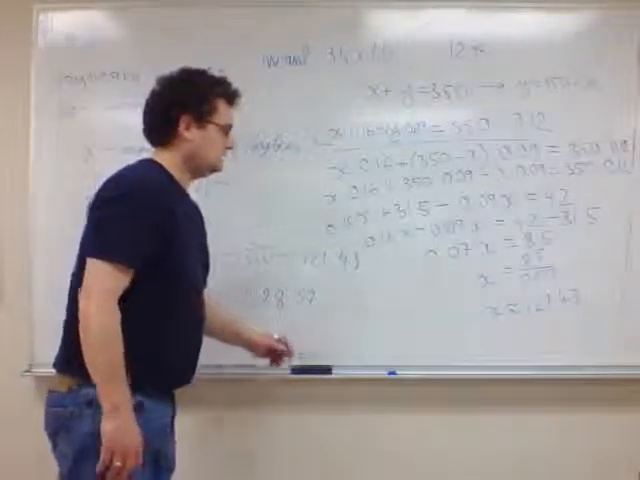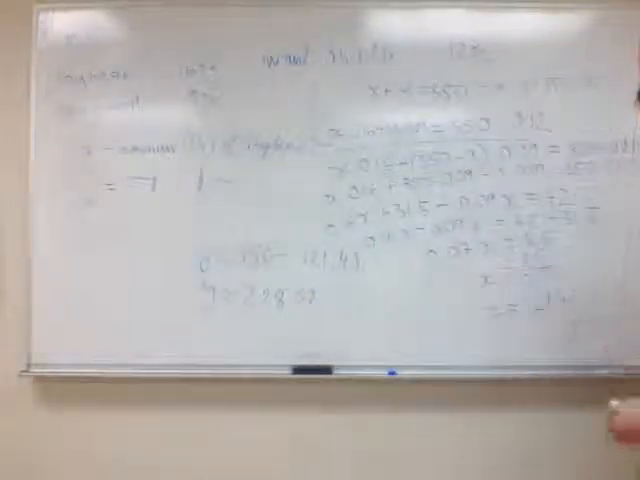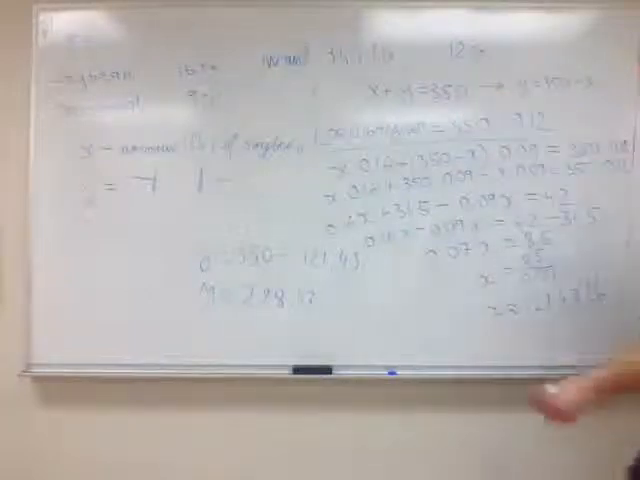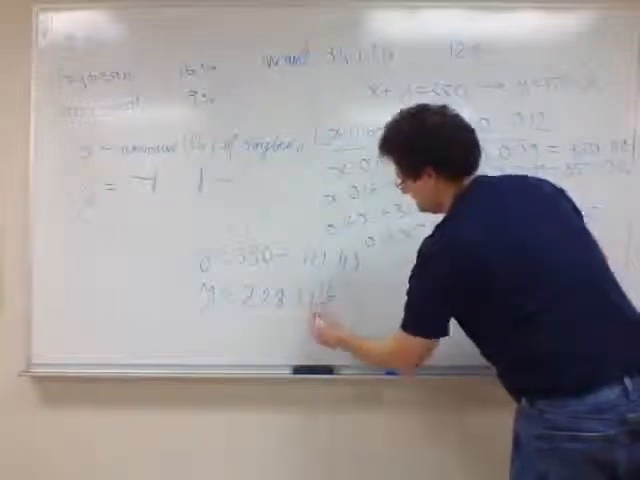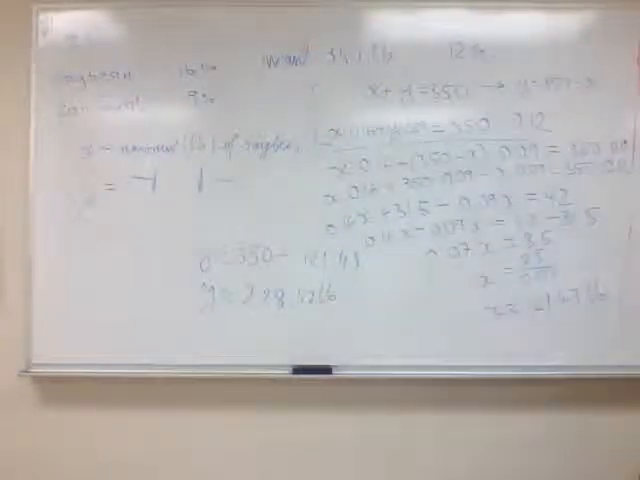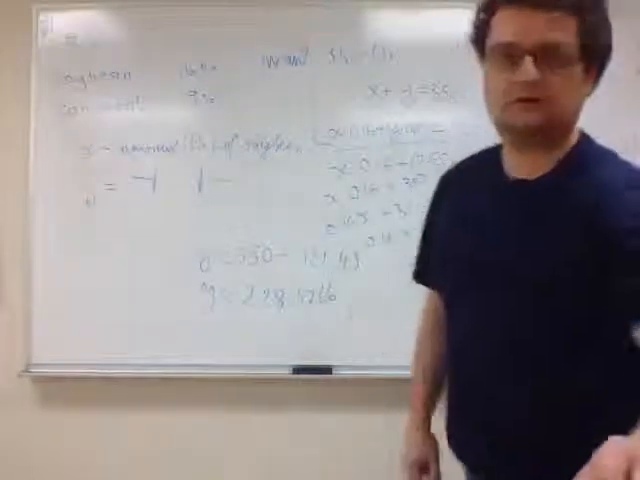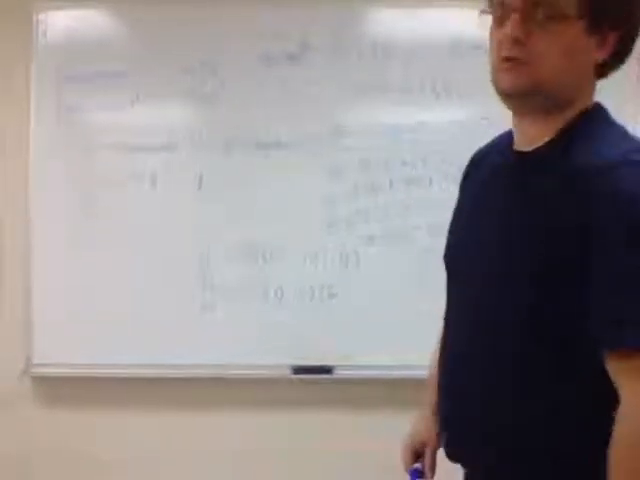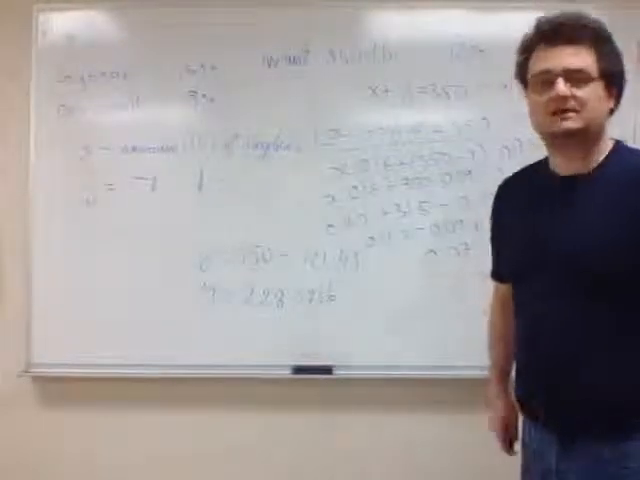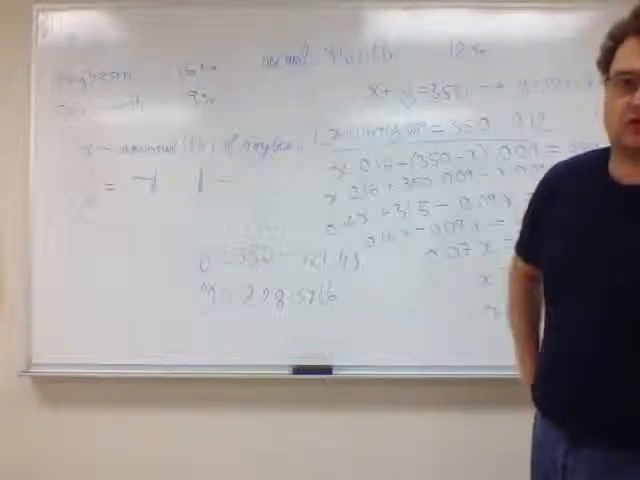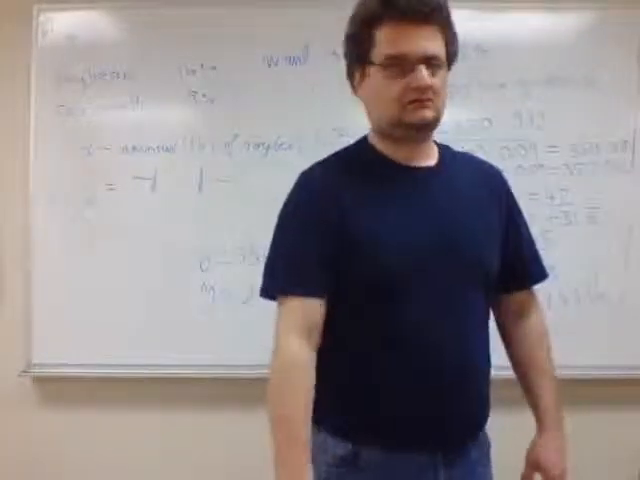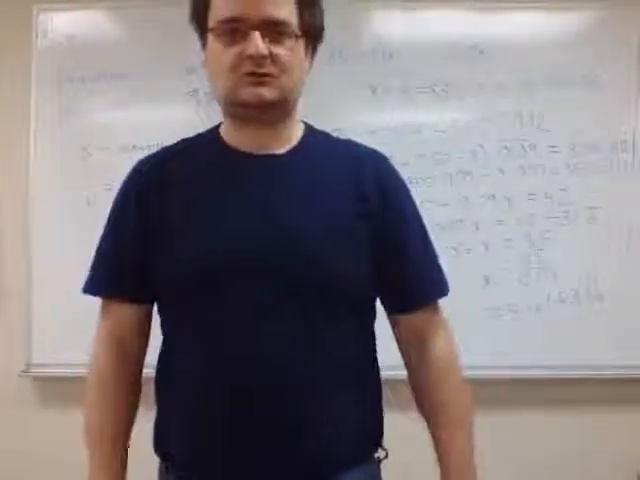So we need 121.43 pounds of soybean and 228.57 pounds of cornmeal to get 350 pounds of 12% protein mixture for cattle, for whatever animals we have. Okay,